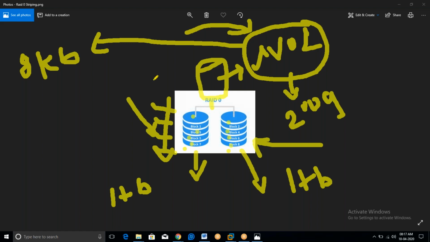When somebody tries to access the data from this logical volume, in concatenation the read request is handled by only one physical volume, which has one controller, one spindle, one head. Now the logical volume is spanned across multiple physical volumes. Since it is a striped logical volume, the data has been equally distributed. Since the data has been equally distributed, now both physical volumes are responsible for performing the read and write operations